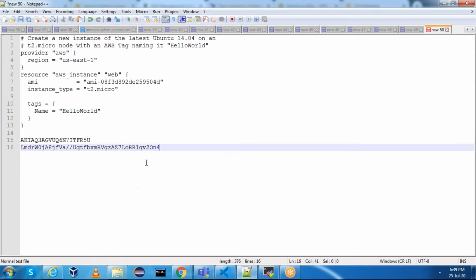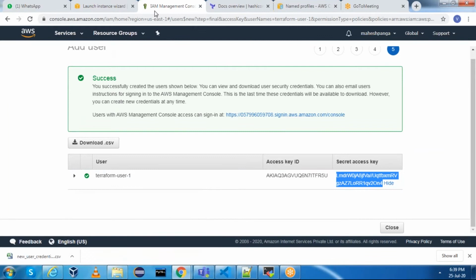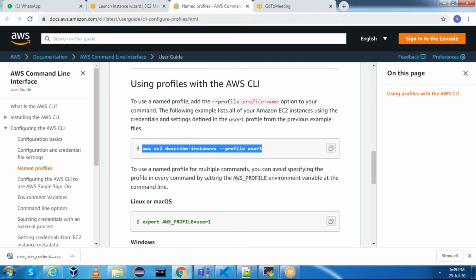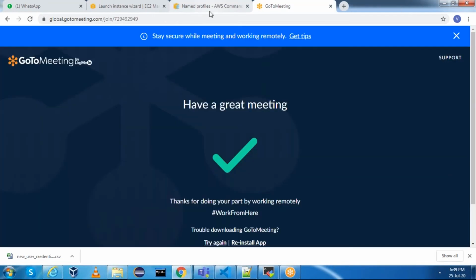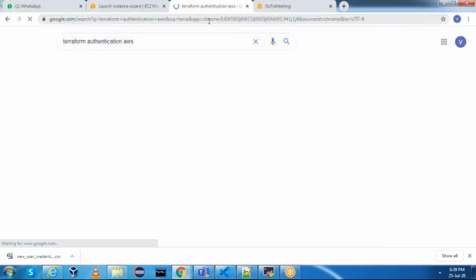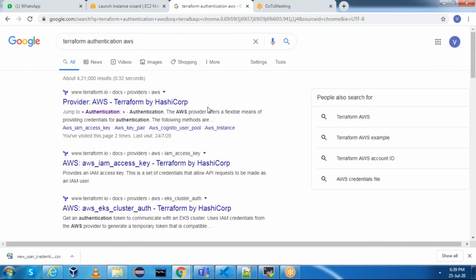Okay, now we are going to configure access key, secret access key in the provider section. Sorry, I closed the Terraform authentication documentation. Jump to authentication.